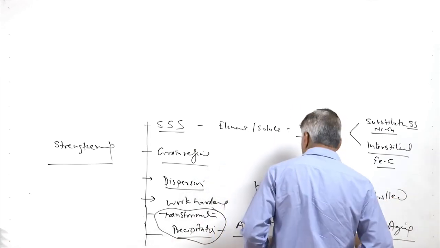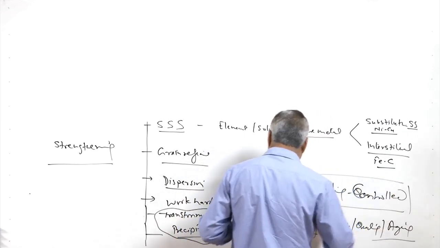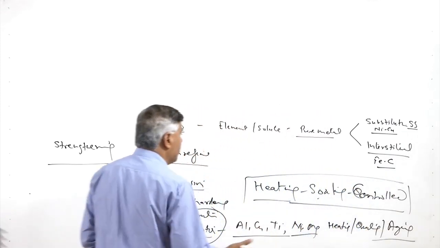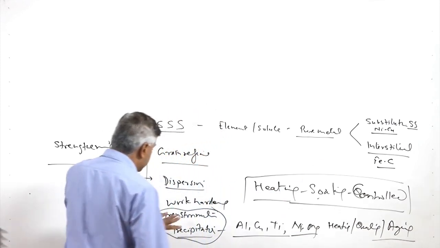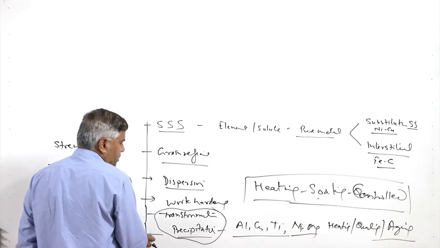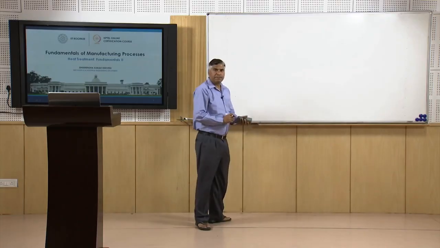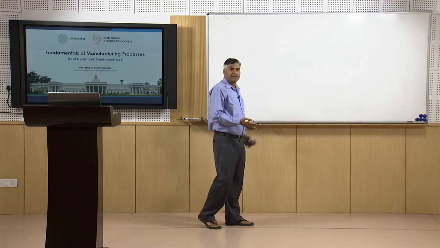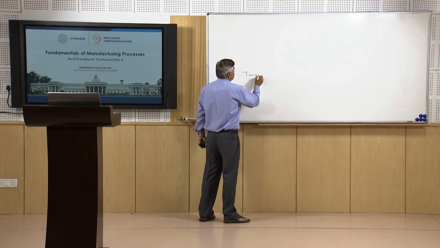So this kind of combination results in the heat treatment, and depending upon the way by which we cool under different conditions or reheat under different conditions, that leads to transformation hardening or precipitation hardening. So in this presentation now we will focus on the basics related to the transformation hardening heat treatment,